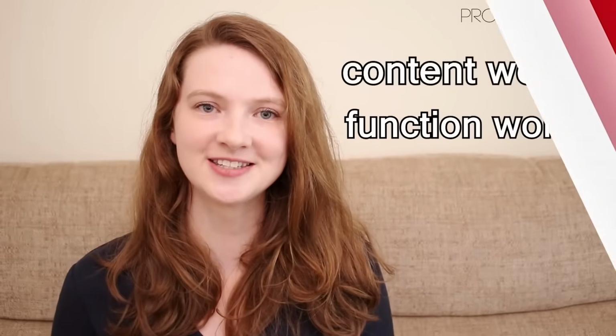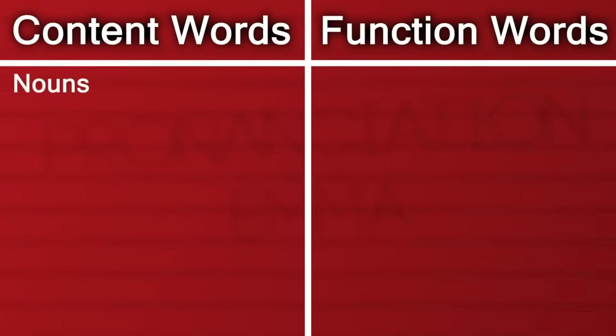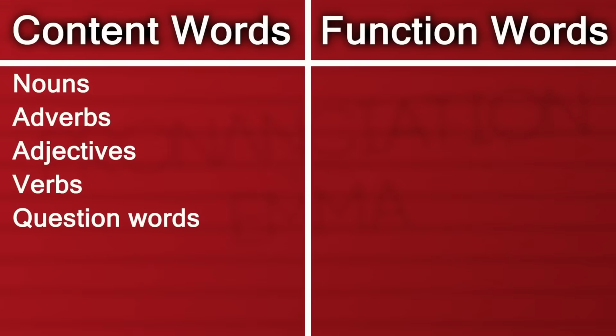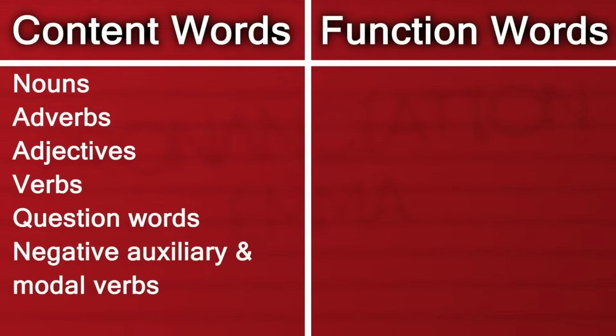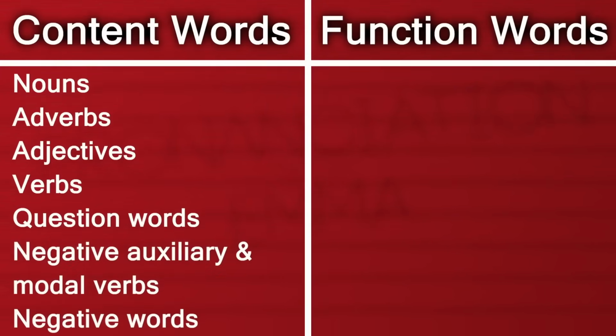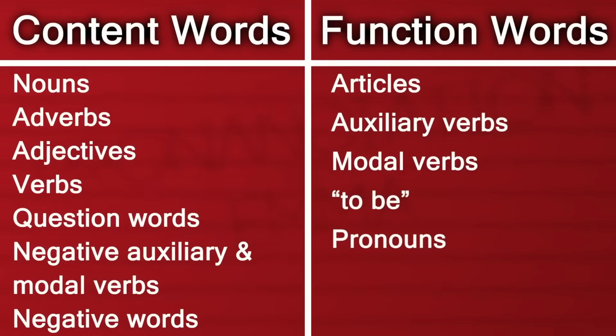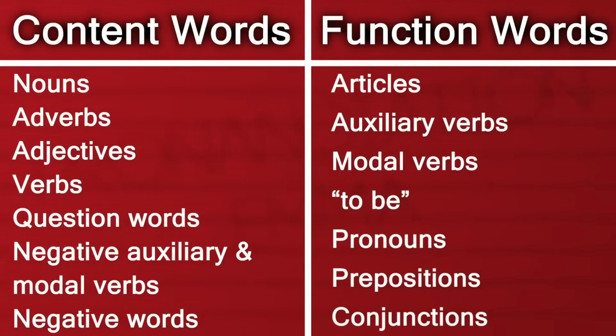Now you're probably thinking, great Emma, understood that, but which words are stressed and which ones are unstressed? I have a handy table for you. What we can do is categorize English words into two different groups, our content words and function words. To name a few content words: nouns, adverbs, adjectives, verbs, question words, and negative, auxiliary, modal, and negative words in general. For our function words, we have articles, auxiliary verbs, modal verbs, the verb to be, pronouns, prepositions, and conjunctions,